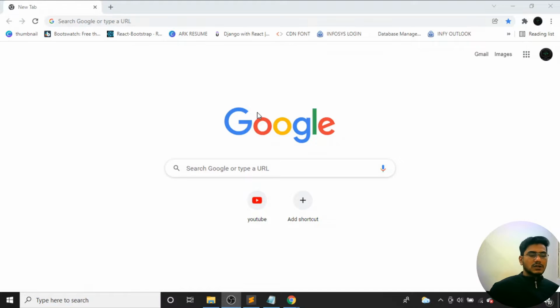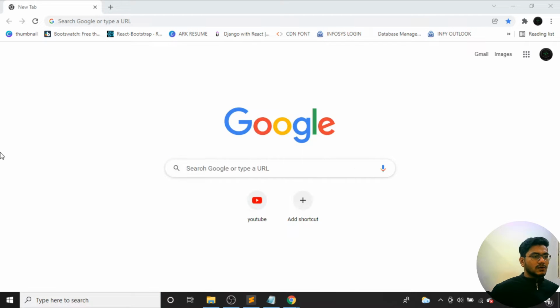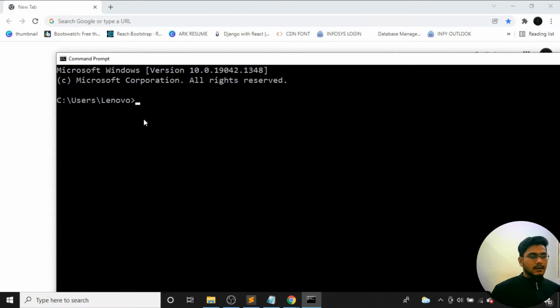So after the installation, we need to check whether Python has been installed correctly or not. For that, just open the command prompt, enter cmd and search for it. Once you open it, I'll be getting this kind of command prompt. Here just enter pip and click Enter. Once you click Enter, we'll get to know whether the thing is installed perfectly or not inside your laptop.